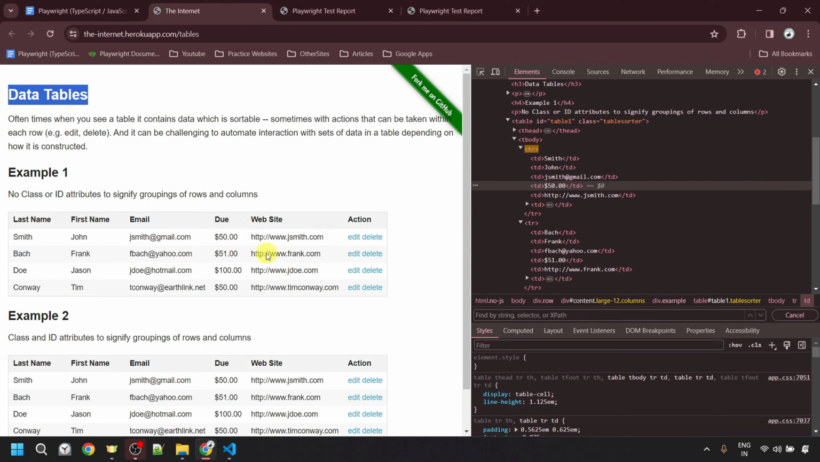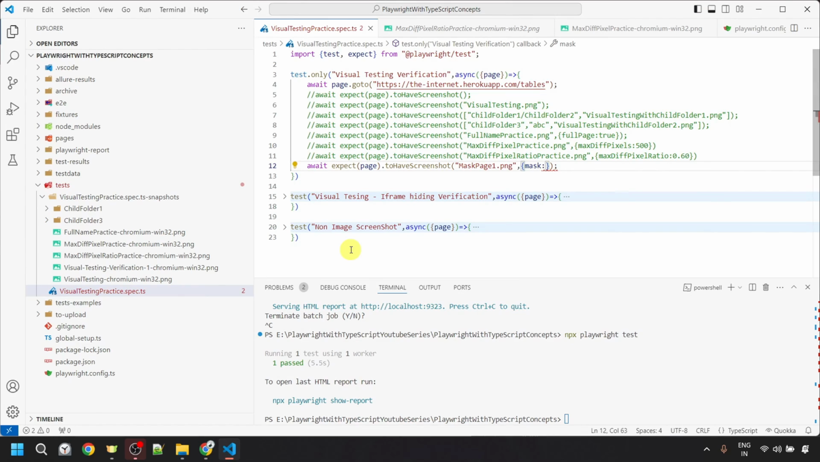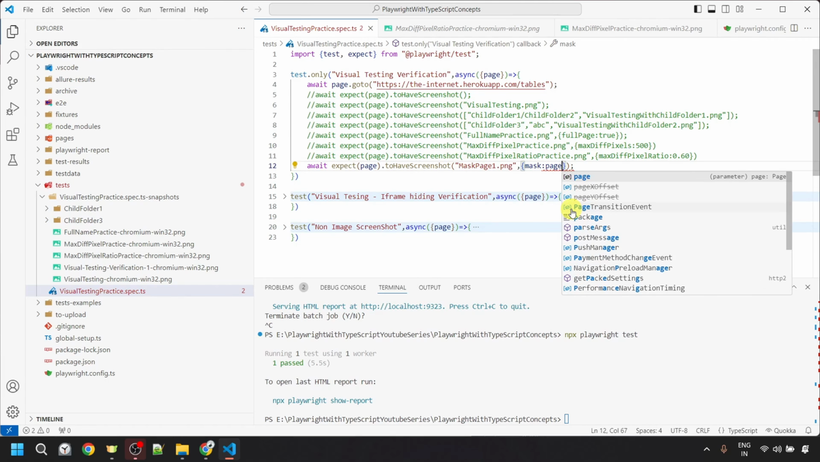Okay, because we know that every time for us, this due amount is going to get changed. For now, it is not getting changed, but that may happen for your application. In that case, you can provide this mask as the key, and its value would be the locator. So here we need to give this page dot